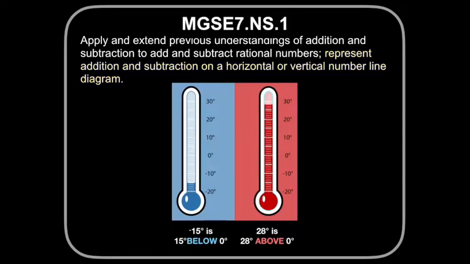and they will represent these computations on horizontal and vertical number line diagrams. One big idea here involves a new set of numbers called integers. This set of numbers, the positive counting numbers, their opposites, the negative numbers, and zero, describe quantities having both magnitude